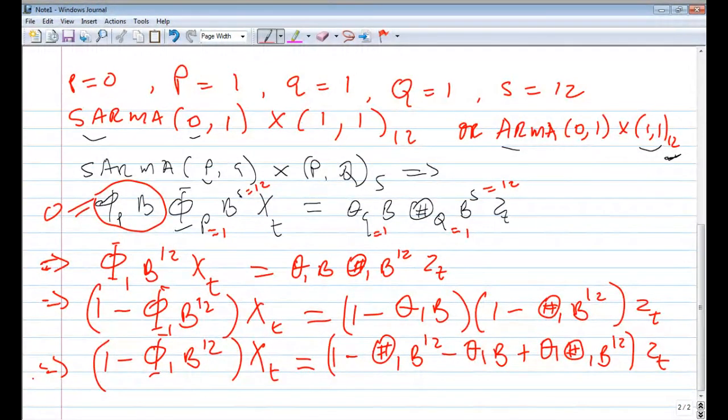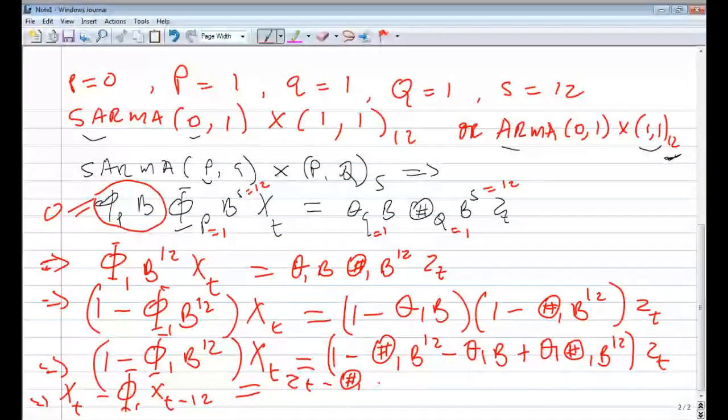In this case, if you just want to write it in a normal way, it's going to be x_t minus big phi 1 x_t minus 12 on the left hand side, which is equivalent to, on the right hand side, z_t minus capital theta 1 z_t minus 12 minus theta 1 z_t minus 1 plus theta 1 capital theta 1